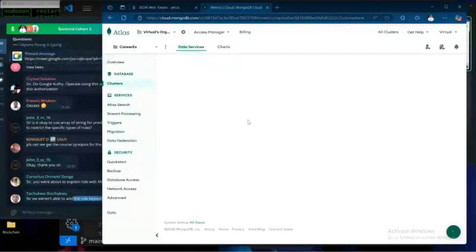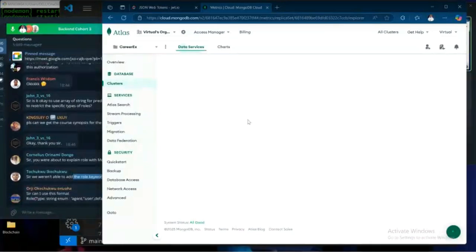You can also write a controller that will do this. You can write a controller that is going to take a user and change their role to admin. If you want, you can do that. But manually,